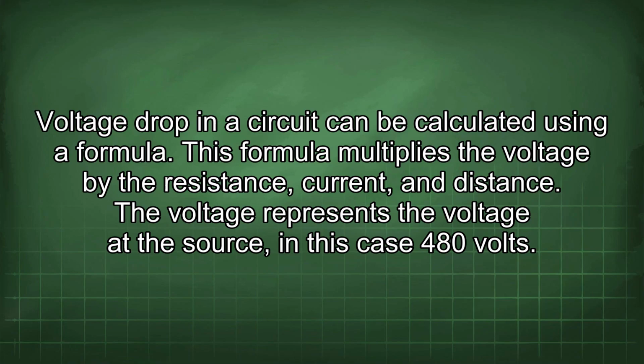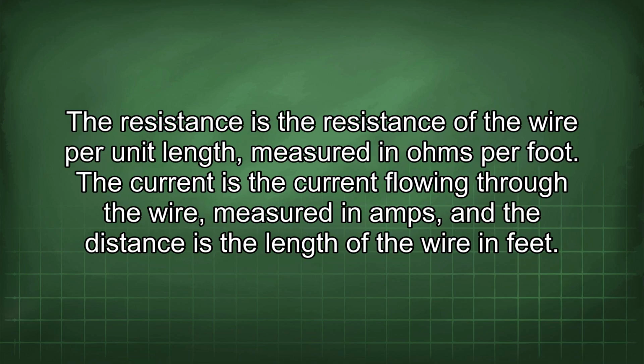Voltage drop in a circuit can be calculated using a formula. This formula multiplies the voltage by the resistance, current, and distance. The voltage represents the voltage at the source, in this case 480 volts. The resistance is the resistance of the wire per unit length, measured in ohms per foot. The current is the current flowing through the wire, measured in amps, and the distance is the length of the